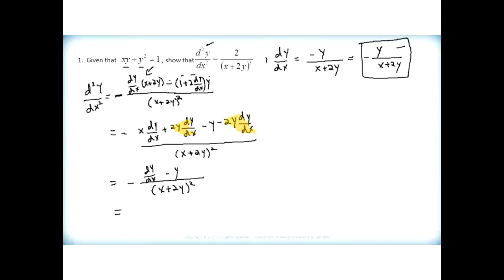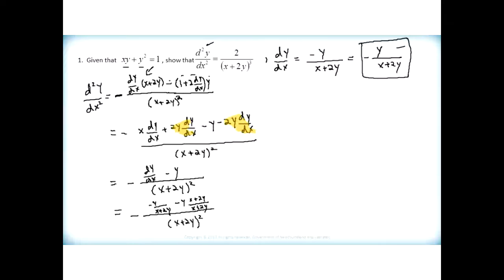Okay, so we've got a negative now, and our fraction becomes negative y over x plus 2y, and then subtract a y. Now I know to get those two together, I'm eventually going to need to use a common denominator here, so I might as well get myself going on that early. So x plus 2y and x plus 2y, and that'll get me a common denominator for that business. And this is all over x plus 2y all squared. Alrighty,